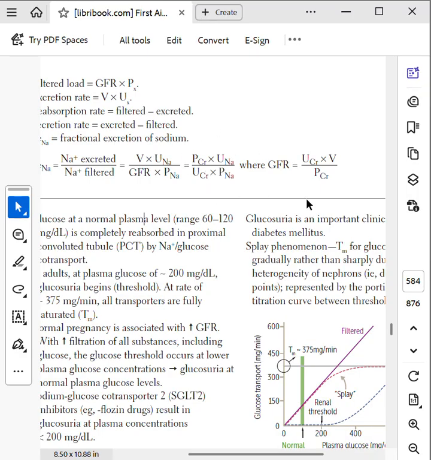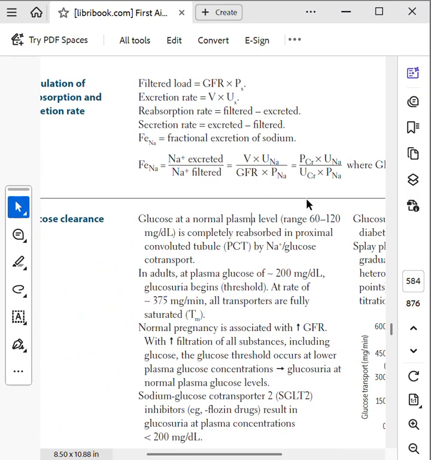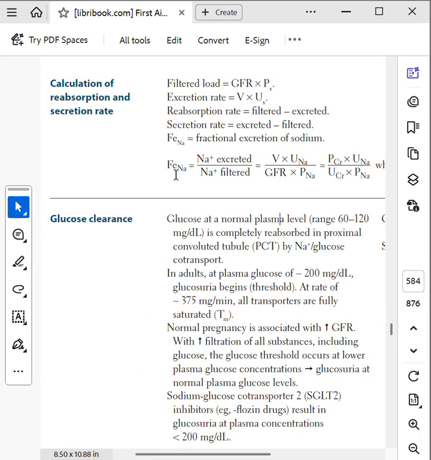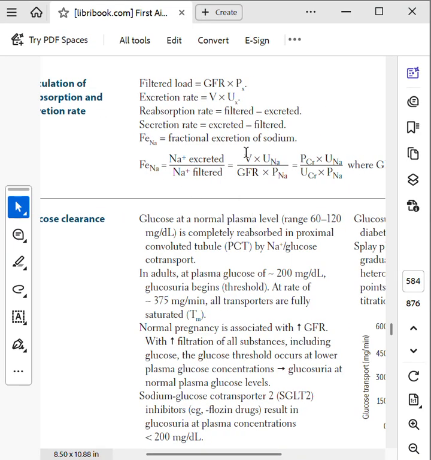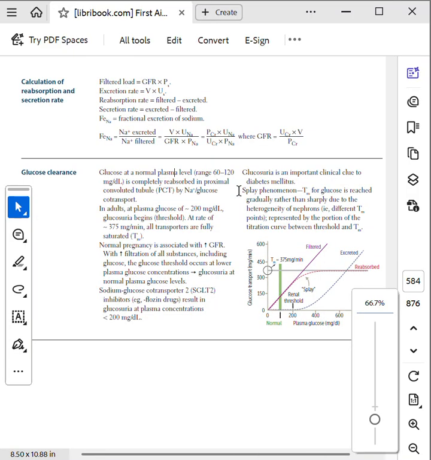So you're going to multiply this to overall get the percentage of the fractional excreted sodium. Now this is important because if it's less than 1% or 2%, we call it pre-renal azotemia. So basically the problem lies before the kidneys. If it's more than 2%, basically like 3%, it's usually found in ICU patients when they have an acute tubular injury, like an acute tubular necrosis problem. So this is why we calculate the fractional excreted sodium.